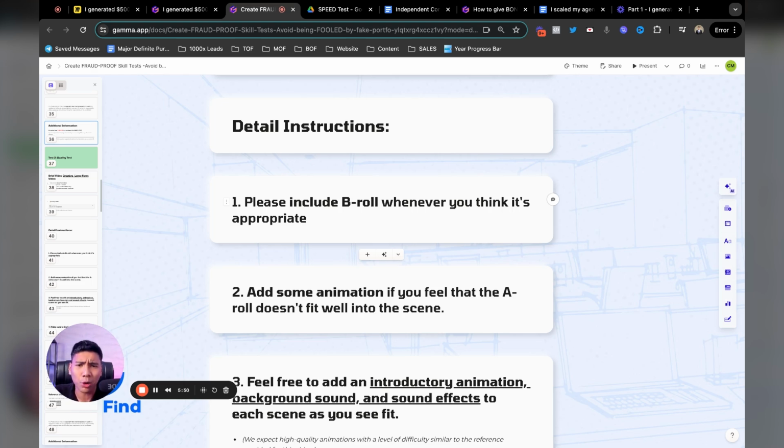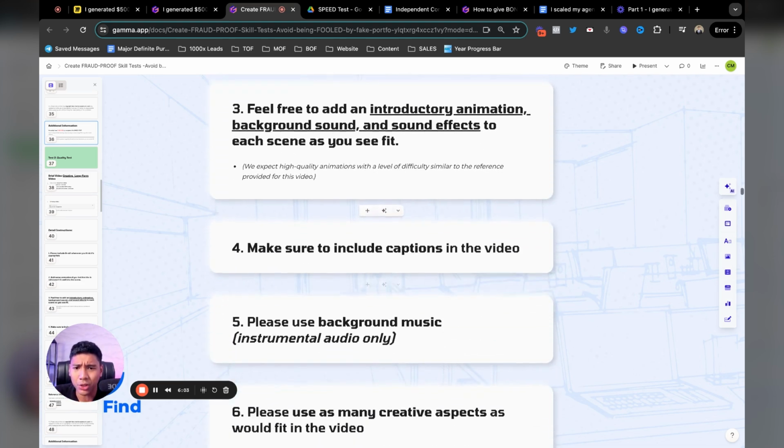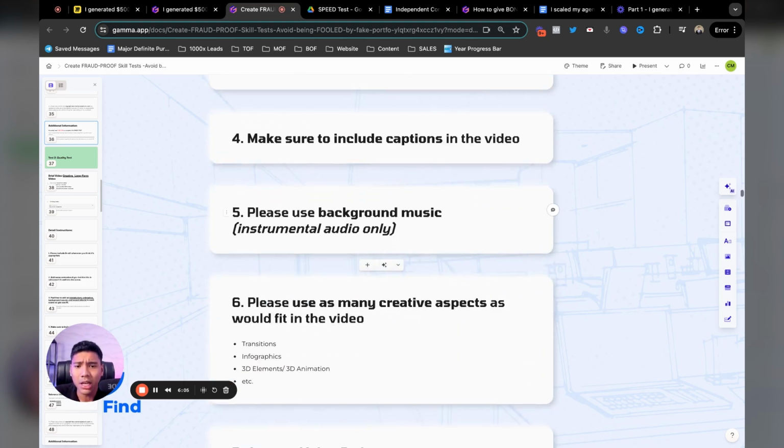So it really depends on who you need, and then what they're going to do in your day-to-day. So you've got to base this skill test on what your editors will actually be producing in real time. That's very important. So these are some of the instructions: B-roll, add in some animation, introductory animation if needed, include